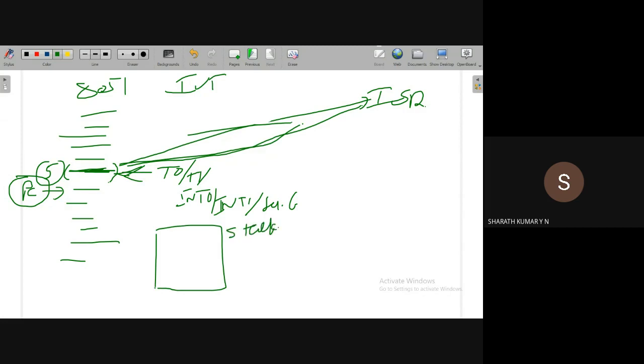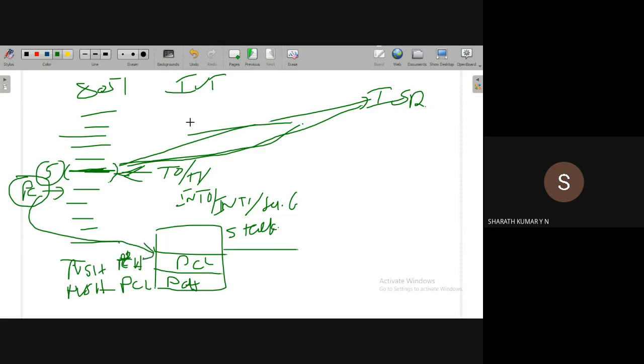This is done using two push instructions: push PCH, that is PC high, and push PCL, that is program counter low. These two contents are stored on the top of stack memory. After storing the content of PC on the stack, the interrupt vector table provides the address of the interrupt service routine, and that address is copied into PC. From this location onwards, the interrupt service routine is executed.